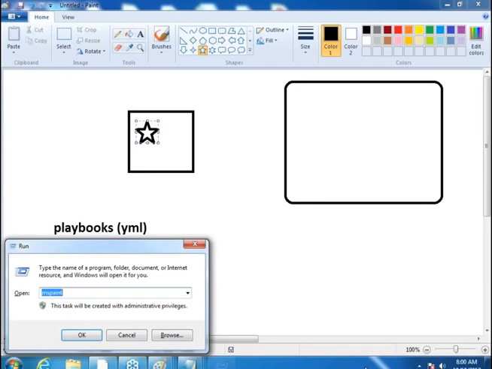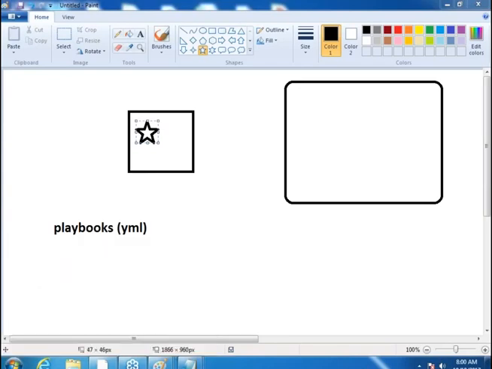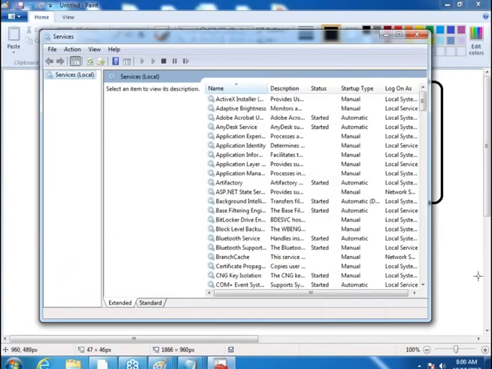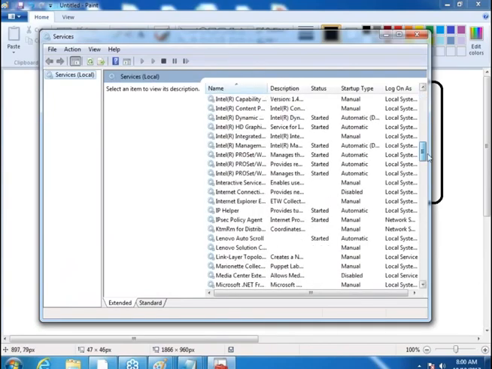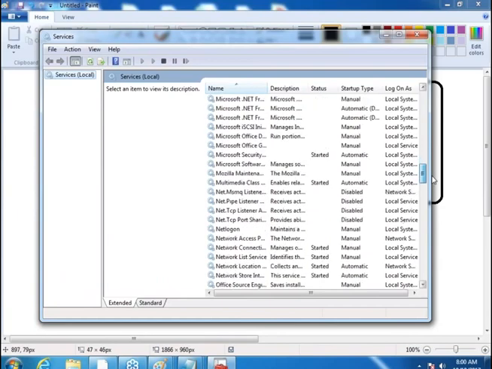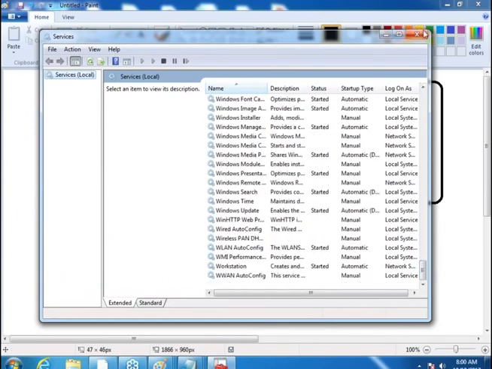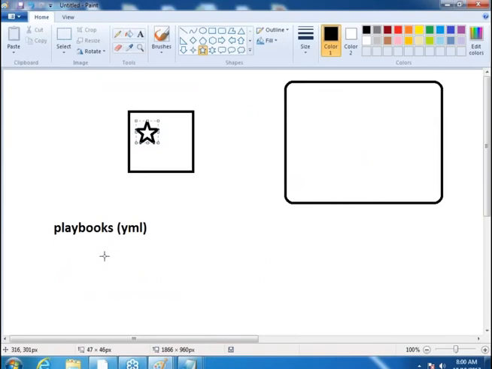Basically, let us see some of the services. In Windows, we have many services. Similarly, in Linux also you will have many. These are all the services which are running in the background. Whenever you start your machine, you would see all of them running. So Ansible is not that, but Chef and Puppet are that.